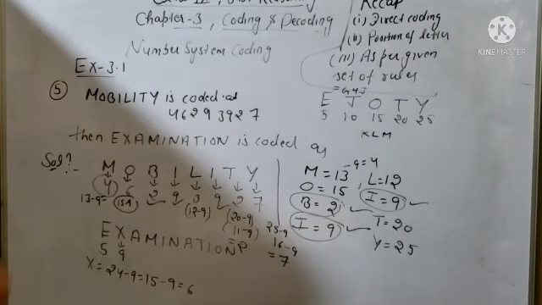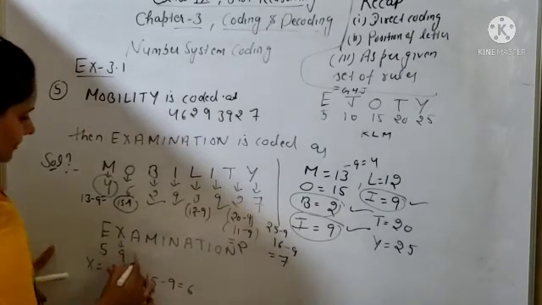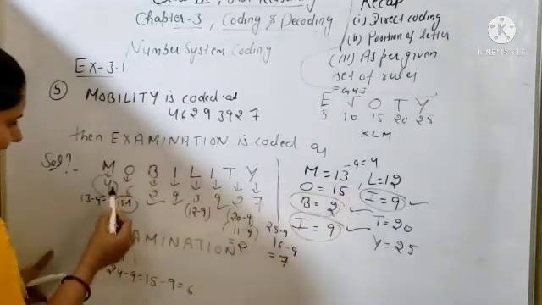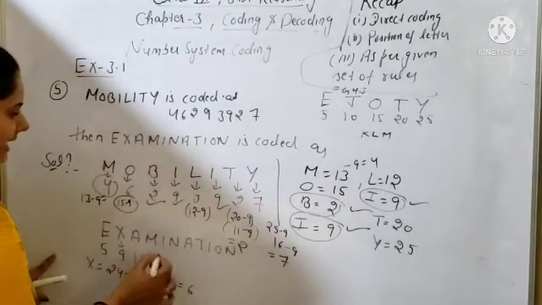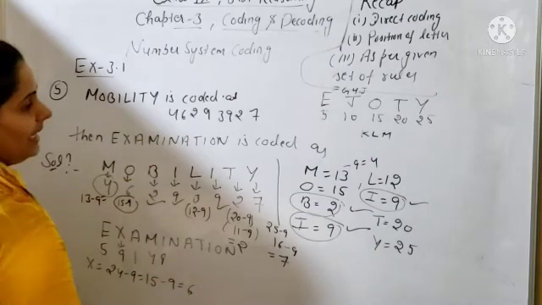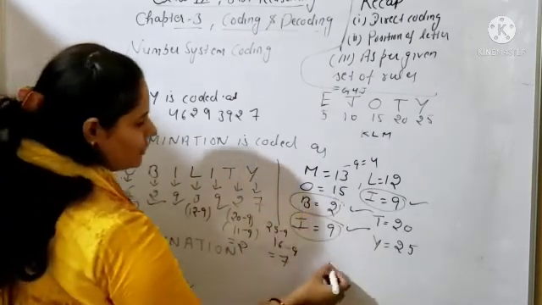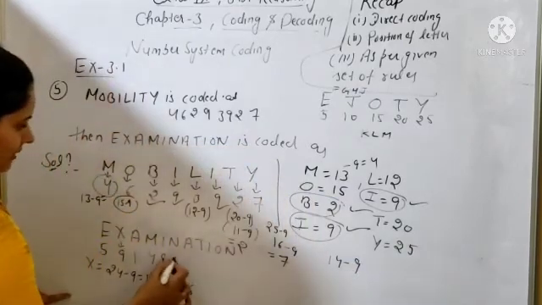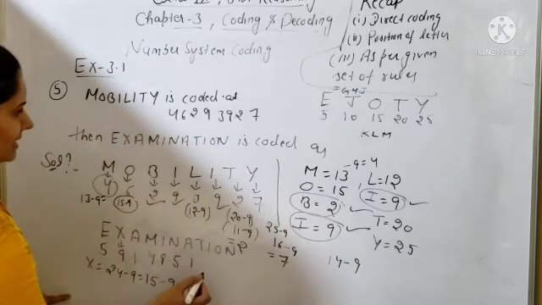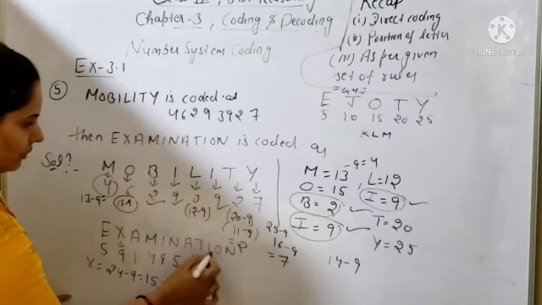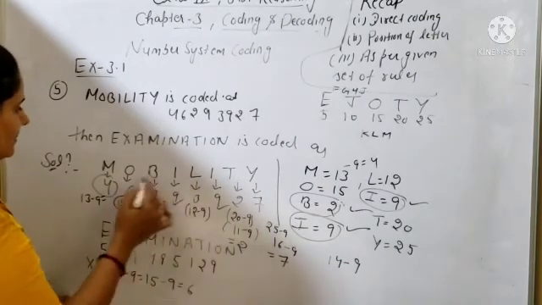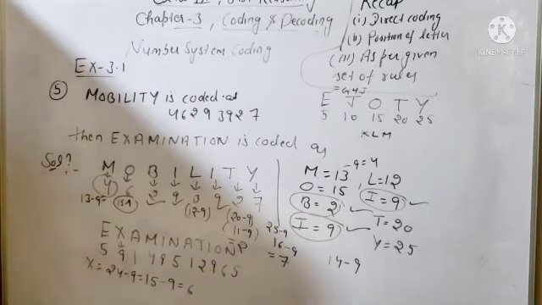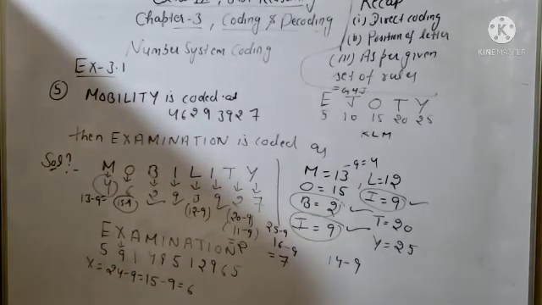Is it clear? A is at first place, so you will write simply 1. M is at which place? M is 13. So M place will be 4. I is 9. So as it is. N place, beta. Which will be the N place? 13 and after that 14. So 14 minus 9. Okay, you will get 5. Clear? So N is 5. A place is 1. T place, okay, T place you have already got 2. I as it is 9. O place also you have got 6. N place you have got again 5. Clear? So like that you have to complete this question.